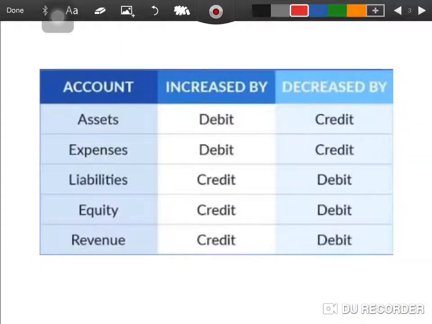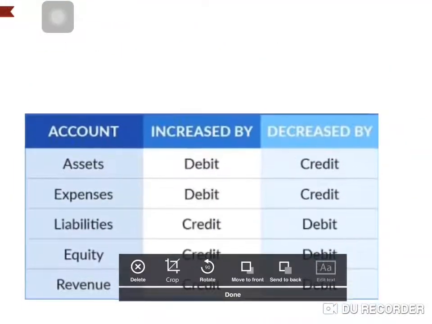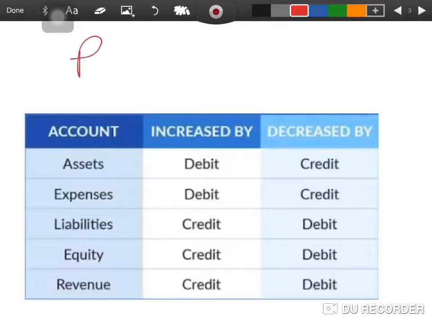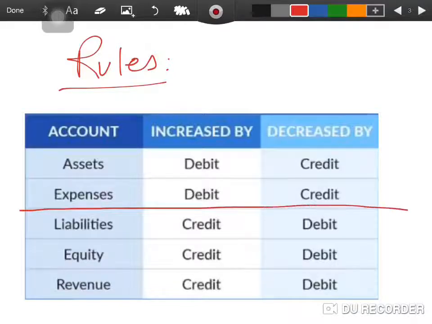Okay, moving on, these are the rules of debit and credit that we follow. So these rules basically tell us on which side to record a certain account that is involved in a transaction. So if I could draw a line here, for assets and expenses we follow the same rule. Whenever they increase, they are to be recorded on the debit side. Whenever they go down or decrease, they are to be recorded on the credit side.